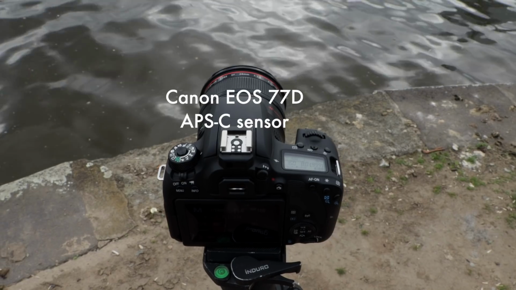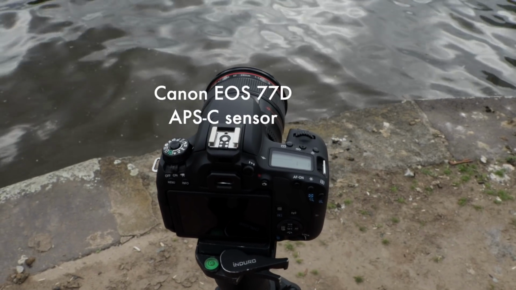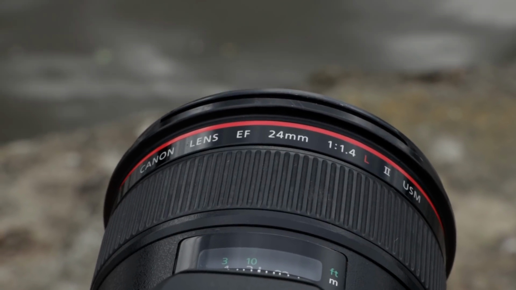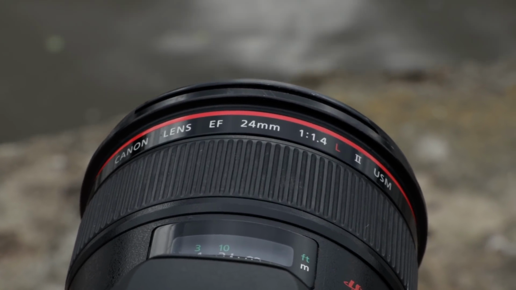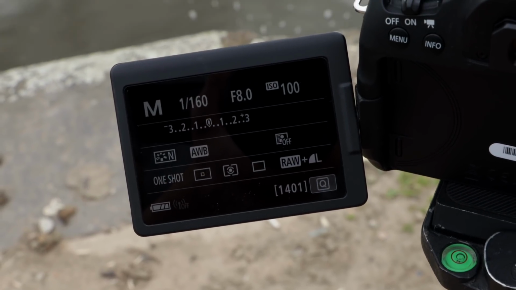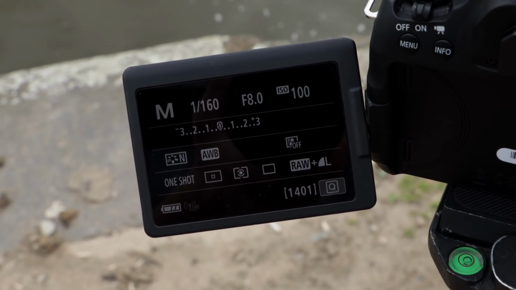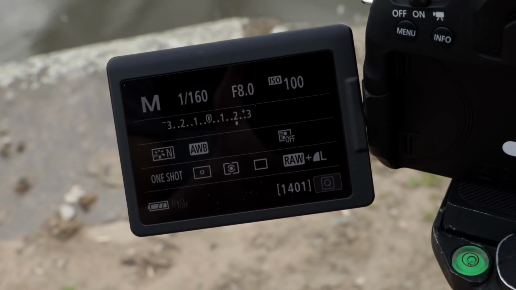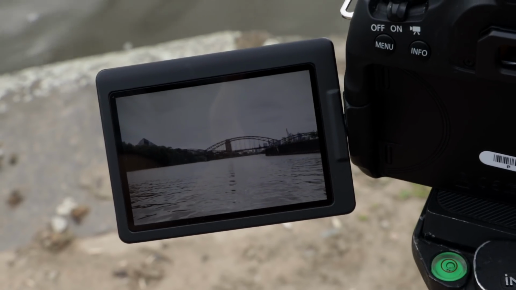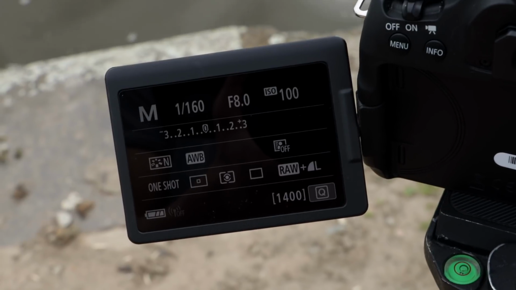So here's the Canon EOS 7070. As you can see, I'm using exactly the same lens, the Canon EF 24mm, so no zoom lens. So let's take a photo. As you can see, it's exactly the same settings as before. Let's take a photo. And as you can see, that's exactly the same spot as before, but we took the same photo using an